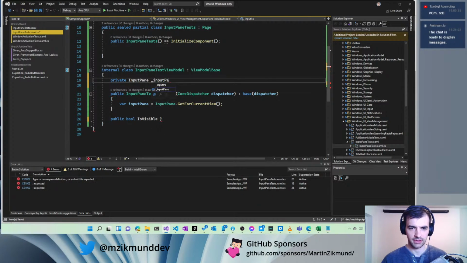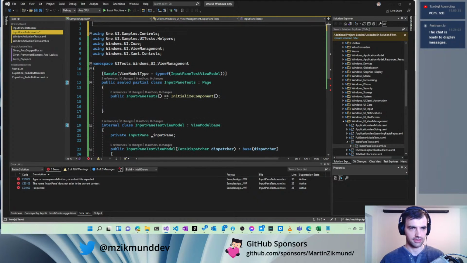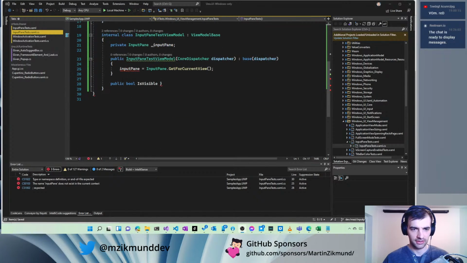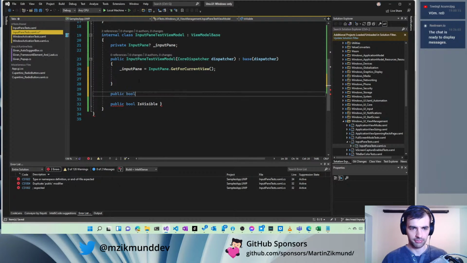Pane. I will enable nullability so that we have null reference exception safe code. Input pane is nullable, and we will have to check if it's actually available. If it's not, we will just make sure that everything is disabled. So I will have one more property here,